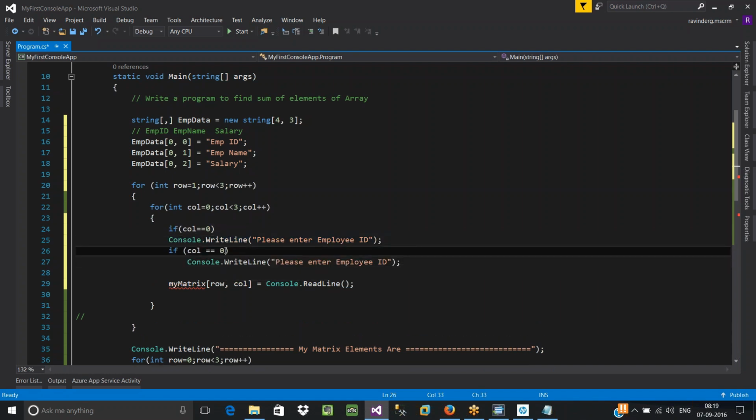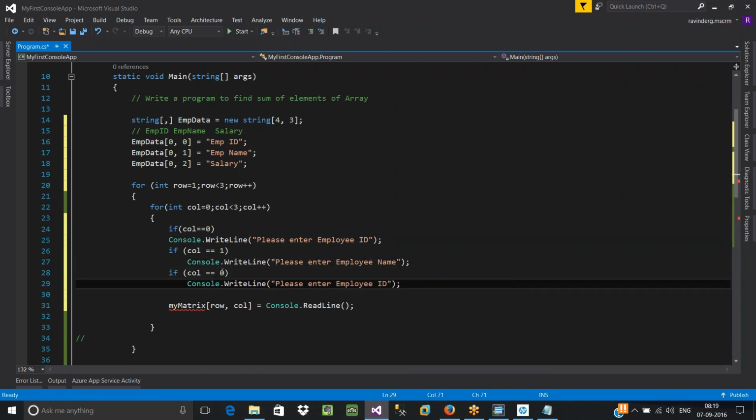If column is equal to 1, please enter employee name. This is a simple example I'm just showing you. If column is equal to 2, please enter employee salary.